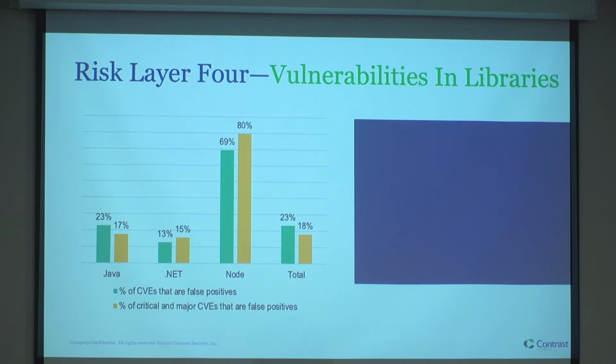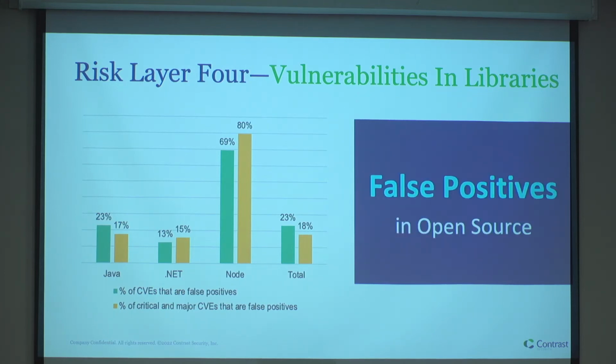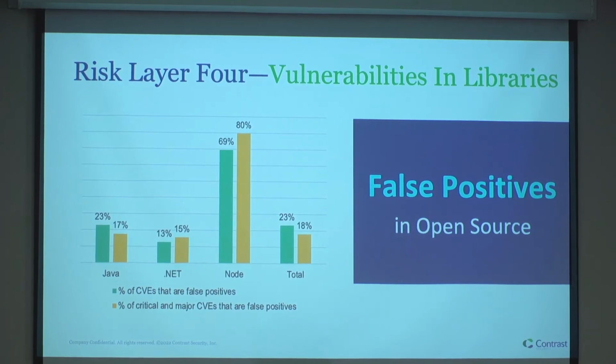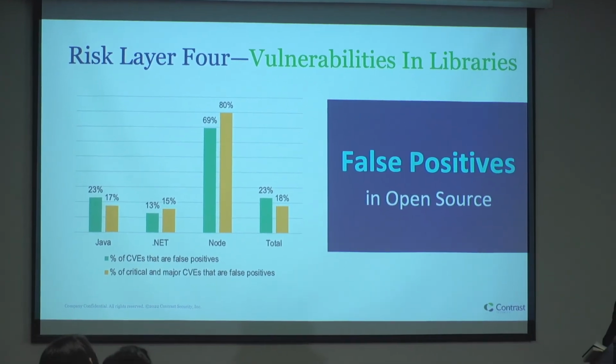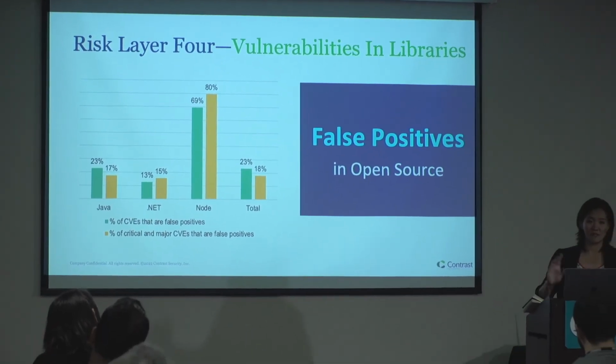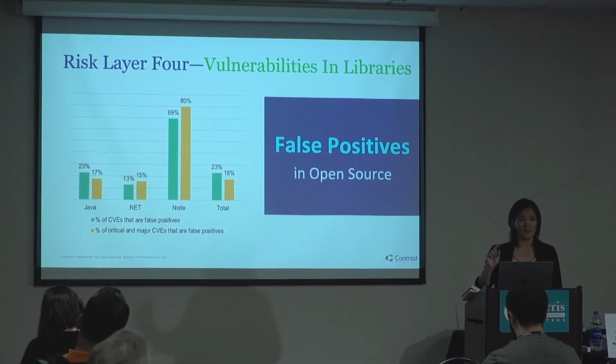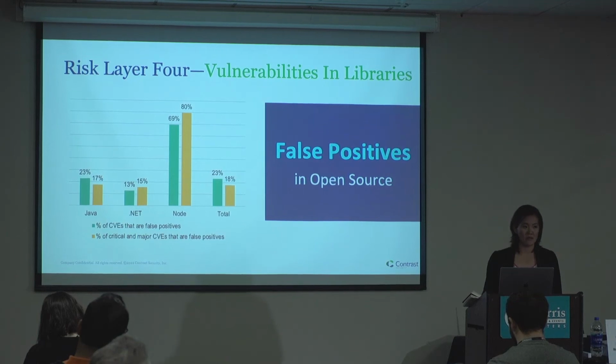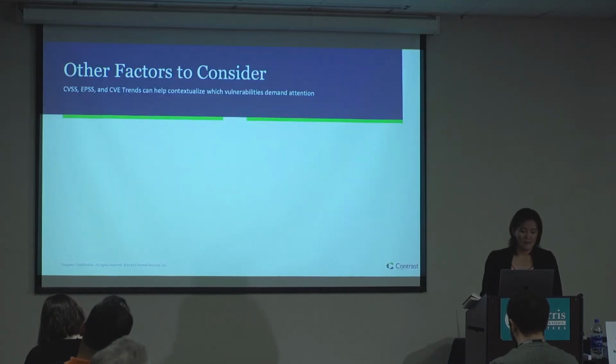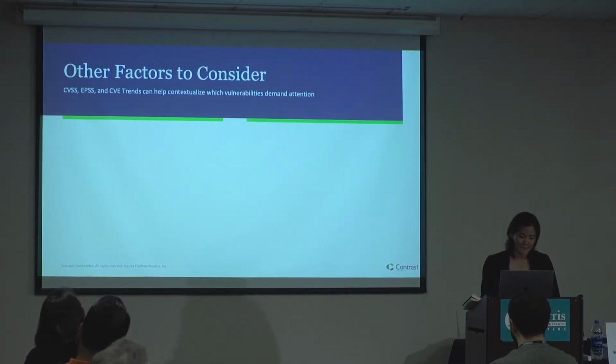So what I'm trying to say is there's a ton of false positives in open source. If you're running SCA tools, you're going to end up with a ton of false positives. And as a security professional, you are doing a huge favor to your developers if you are triaging some of that information. If you're putting contextual data around it and telling them, yes, this library is being actively used, this is going to be your top priority. All right, I think I've hit that to death.